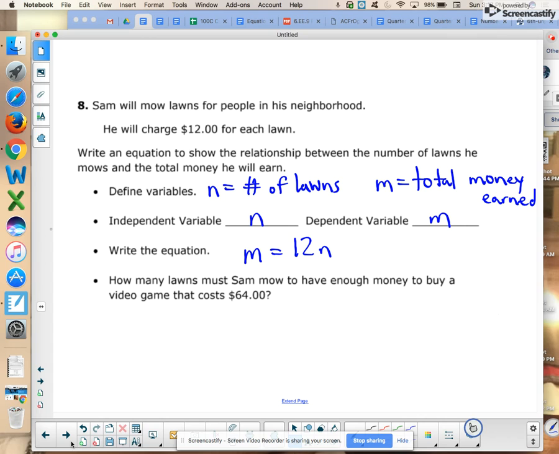Okay, so in this particular problem, to solve it, we have how many lawns must Sam mow to have enough money to buy a video game that costs $64. So Sam needs at least $64. So 64 is equal to 12 times N. Now we draw our T-chart and solve. Since 12 is being multiplied by N, we're going to divide both sides by 12. And we find that N is going to be equal